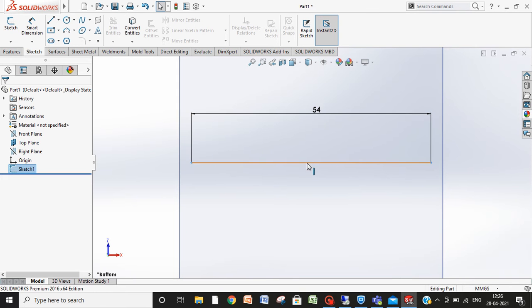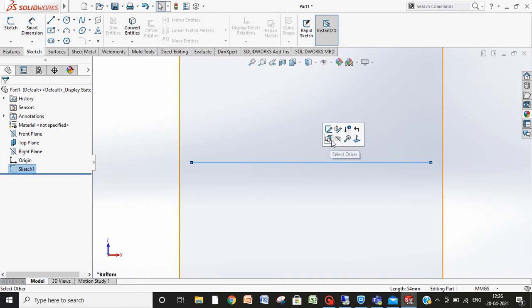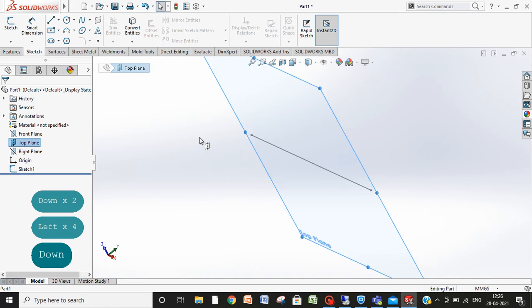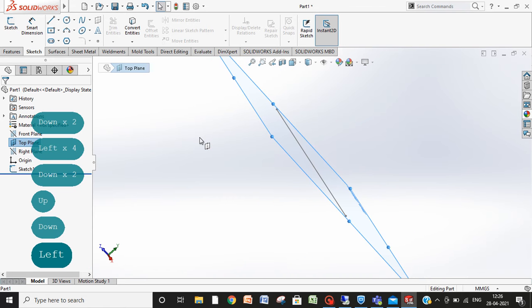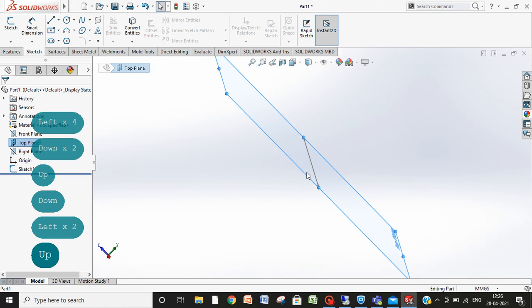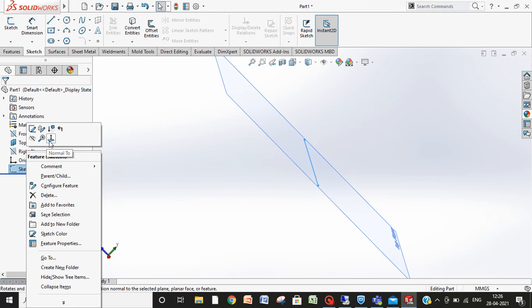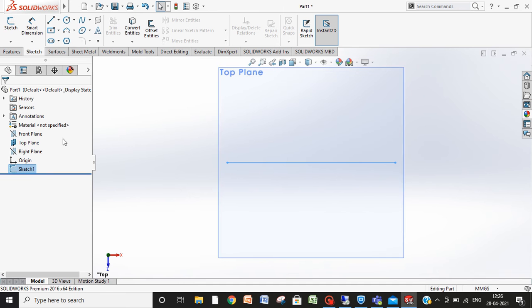Like this figure, if somehow I have rotated it like this, but I wanted to see it in the normal view, then we have the command normal to view. What I will do is right click here and choose normal to. It will be normal to the screen and you can see it directly.